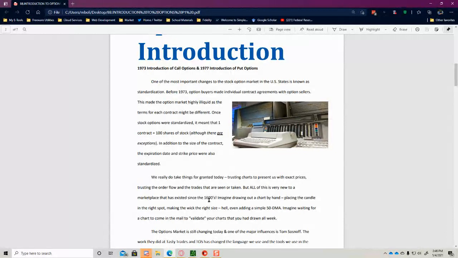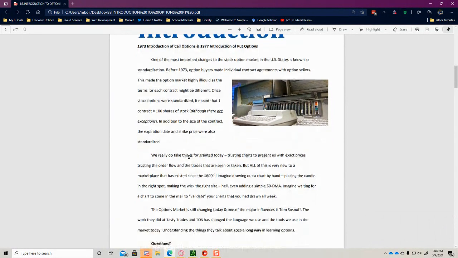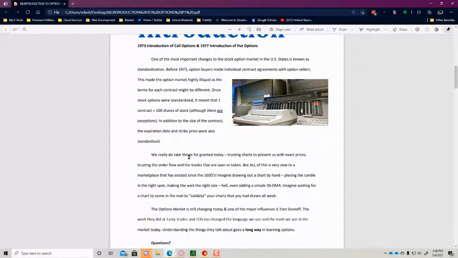And then look at where we are nowadays, where we can see how much volume is coming in every second. And the markets are being recorded in hundreds of billions of a second. My mind can't even wrap my head around how many zeros that is, but hundreds of billions of a second, the market is being recorded. These trade values are coming in very, very fast. And how the